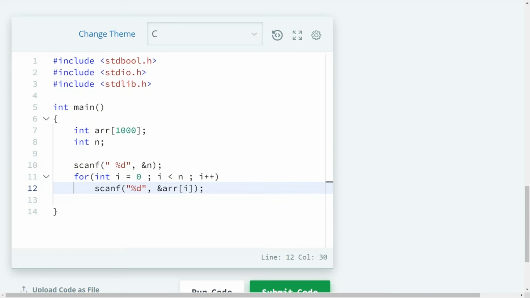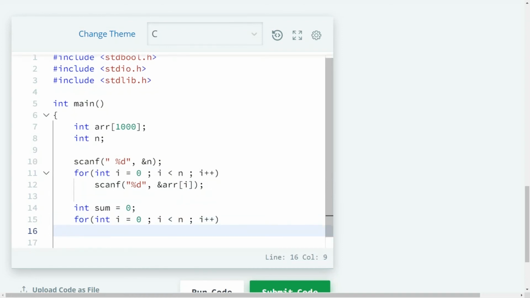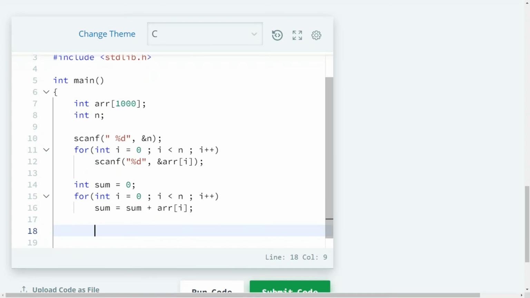Once you have done the job of reading, then you can traverse the elements of the array one by one, and every time you get an element, you can add that element to the existing value of sum, right? So I'd like to create a variable called sum, which will be initialized with 0, and then traverse all the elements of the array one by one. And then I'd like to say sum equal to the existing value of sum plus the current element of the array. So this will do the job, right? Let me just print it here, %d and sum. Done.